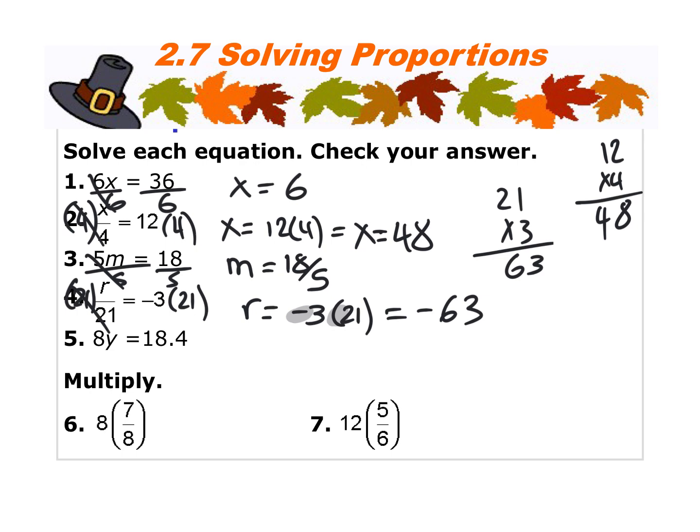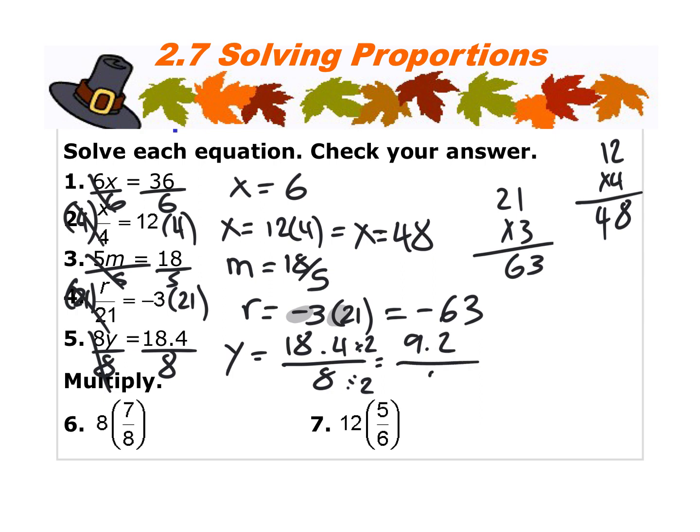For number 5, I'm going to divide by 8 on both sides, and it's going to give me y is equal to 18.4 over 8. You guys can simplify this by 2, so I'm going to divide the top by 2 and the bottom by 2. I'm just going to write it out. So it's 9.2 over 4. I can actually simplify by 2 again. And then 9.2 divided by 2, we get 4.6